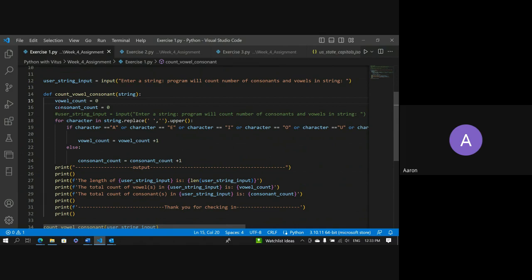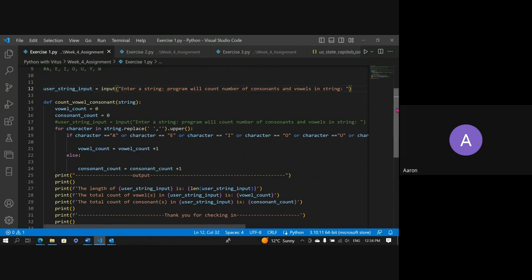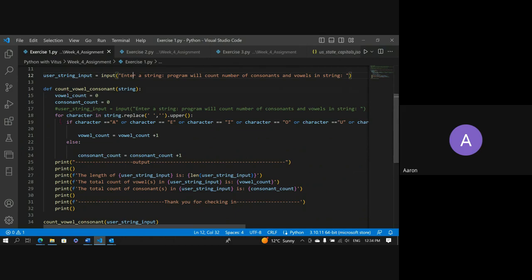I started with 0 as a tracker. And then, because my initial input is right here, I'm asking for input from the user. So, user string input: enter a string, and the program will print the number of consonants and vowels in that string. And then this is the function itself. I'm just doing a for loop. It says if a character is in that string,